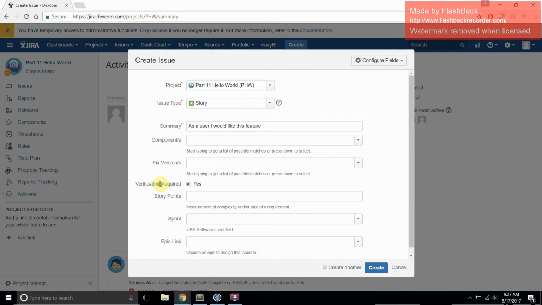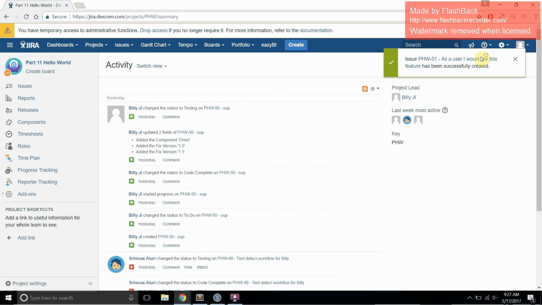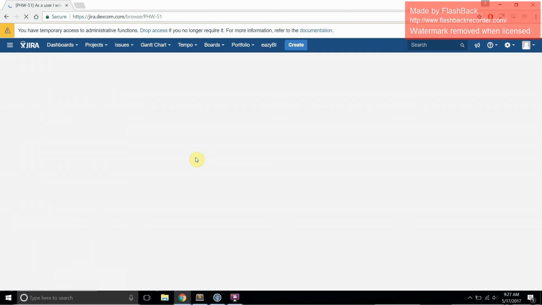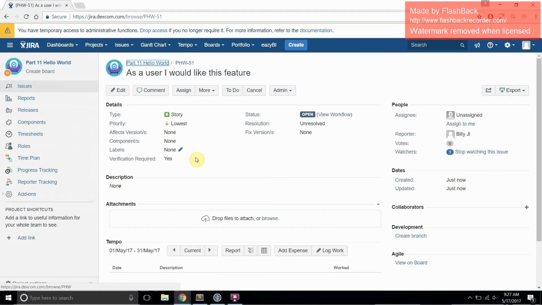It's called verification required, and it's a simple checkbox. What this basically says is, is testing required for this issue to be considered done? So I'm going to say, yeah, I need testing for this issue. I'm going to create it, go to the issue, and now I come in as a Scrum Master or a